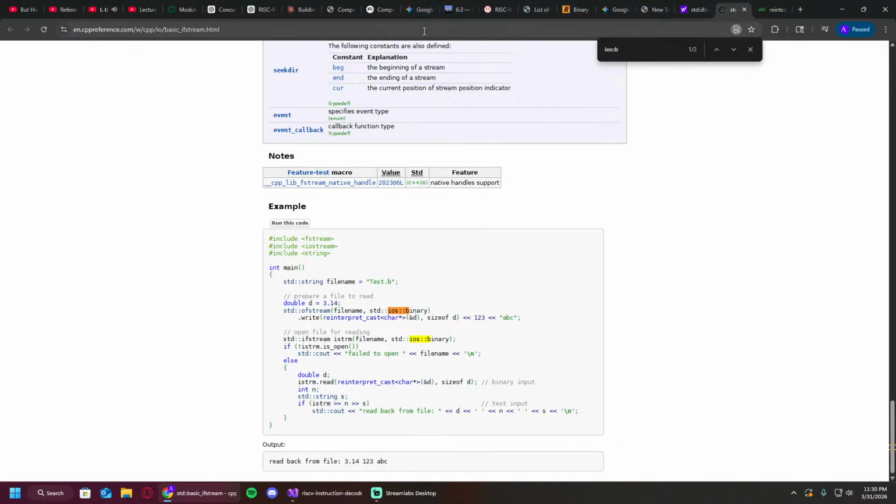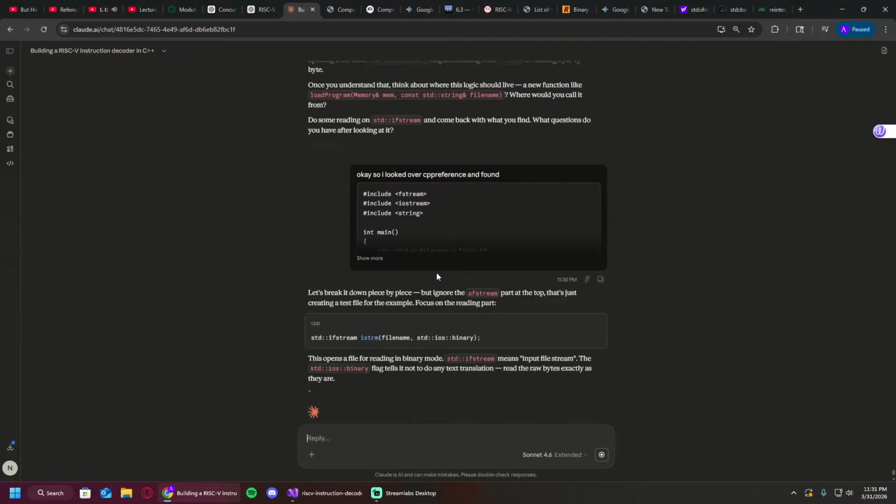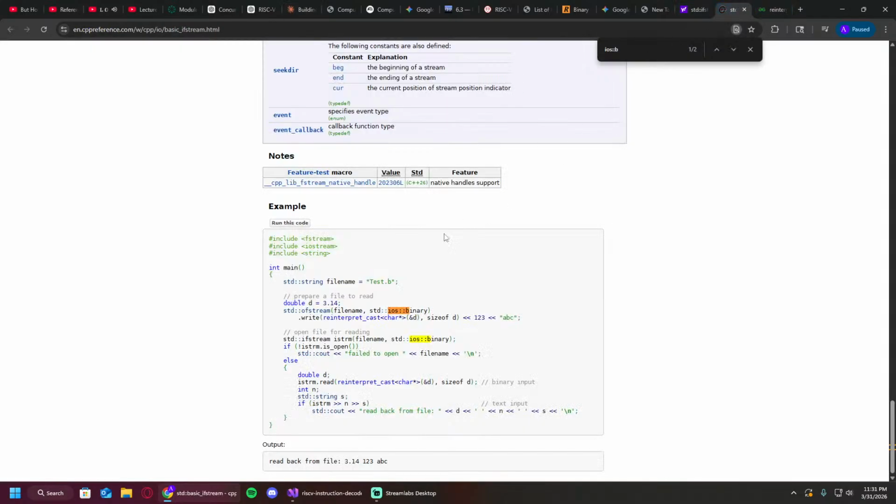Okay, so let's run through. That's just okay. Oh wait, this part's creating a file. Okay. Oh, that's why. Okay, that makes sense. I was wondering what this part up here was for, why we were having a variable here, doing a reinterpret. Okay, that makes sense. So we're making the file here, and then here